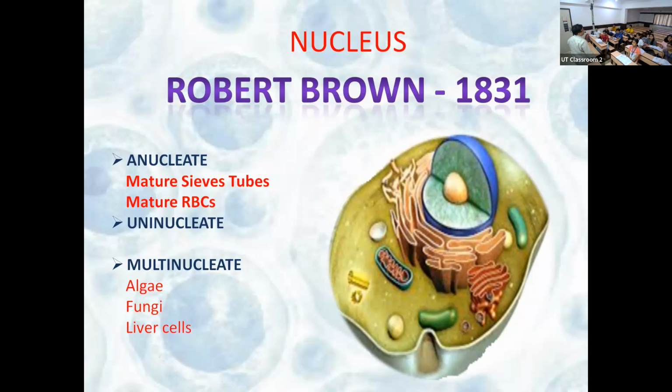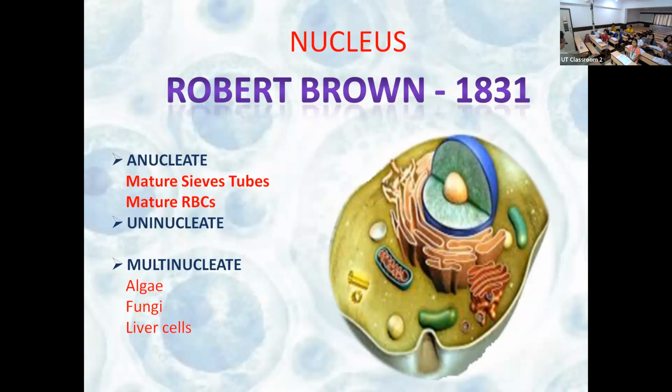So what do you mean by this is जो mature human RBCs होते हैं, हमारे बॉडी में RBCs होते हैं, they are formed in the bone marrow. What is bone marrow? बोन के अंदर जो ब्राउन पार्ट होता है, अगर आप नॉनवेज खाते होंगे तो वहाँ एक ब्राउन सब्सटेंस होता है जो बोन मैरो के नाम से जाना जाता है, जिसके अंदर आरबीसीज बनते हैं। तो जब बनते हैं उनमें न्यूक्लियस होता है, बट एज दे मैच्योर और जब ब्लड में सर्कुलेट करना चालू हो जाते हैं तो उनमें न्यूक्लियस डिसइंटीग्रेट होता है, मतलब इट इज लॉस्ट।